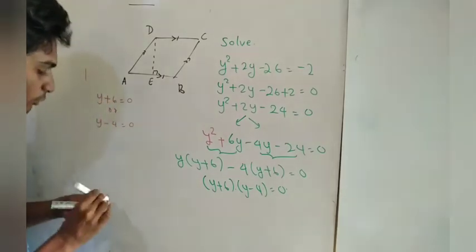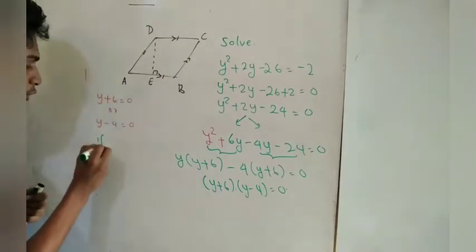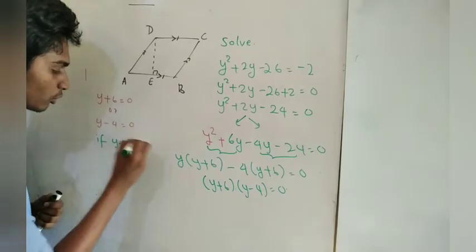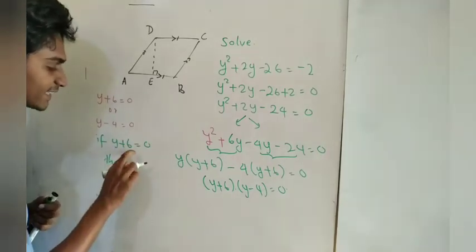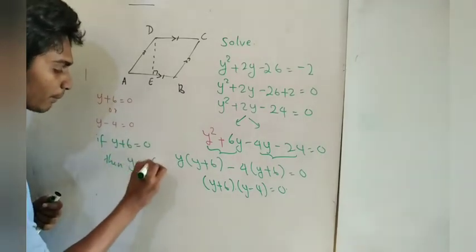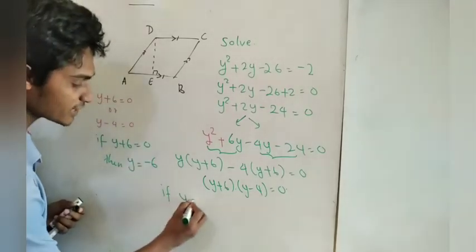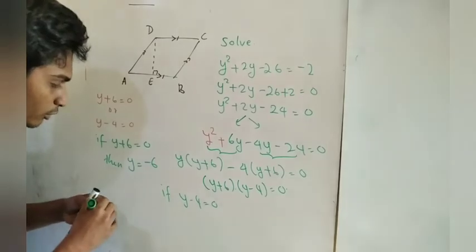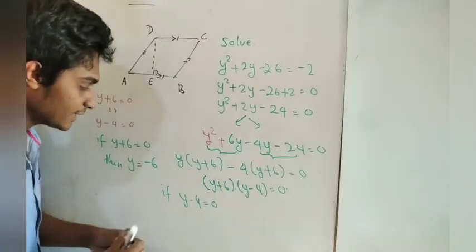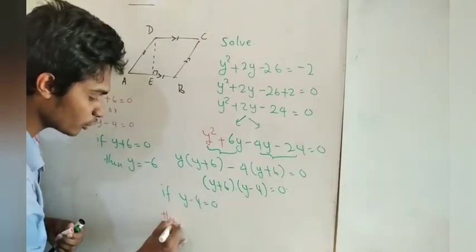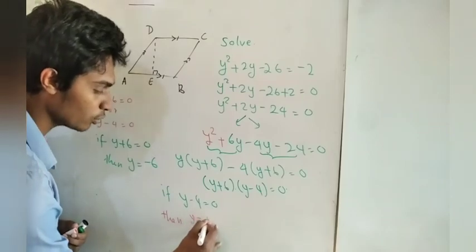If y plus 6 is equal to 0, then take this 6 to the other side, y is going to be minus 6. If y minus 4 is equal to 0, take this 4 to the other side, then you are going to get y is equal to plus